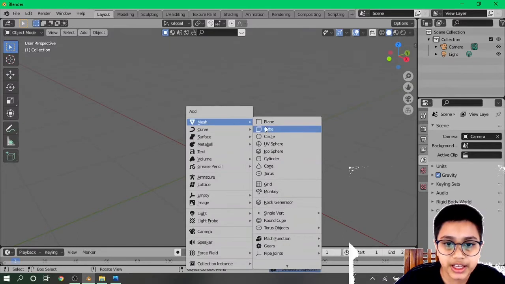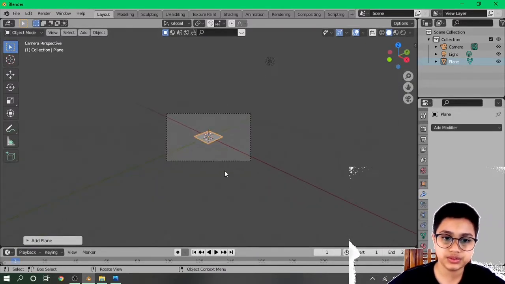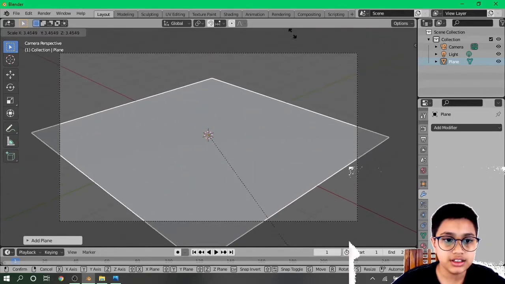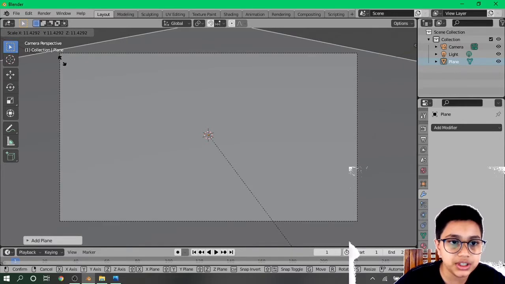So add a plane, scale it so the whole camera view is covered.